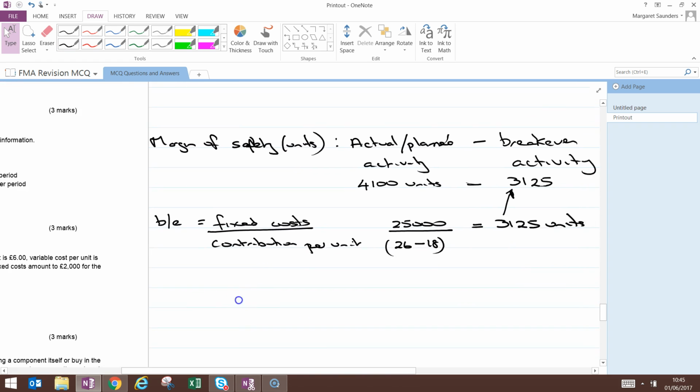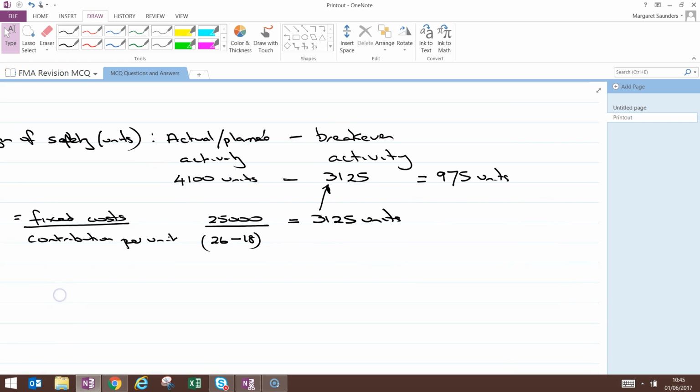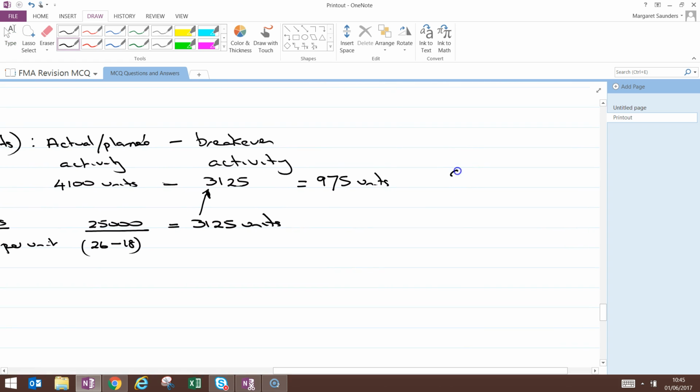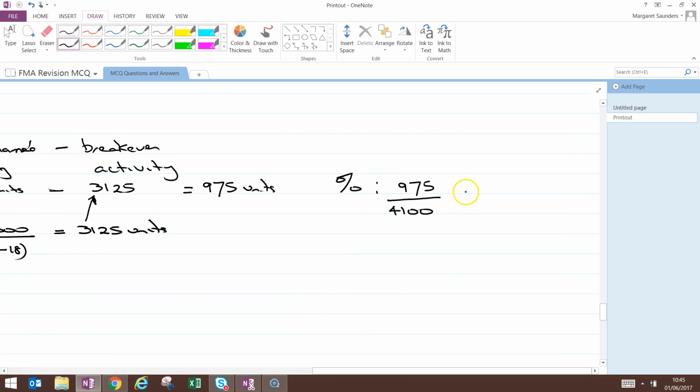So to convert our margin of safety in units into a percentage, we take our units that we've just calculated and express it as our percentage of our actual or planned activity. So 975 divided by 4,100. Multiply it by 100 because we want a percentage, and we get